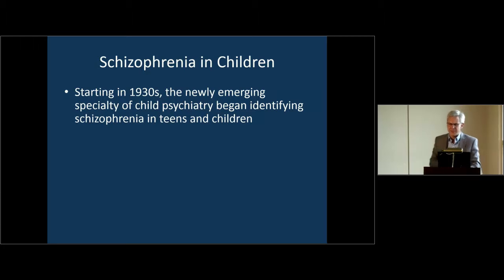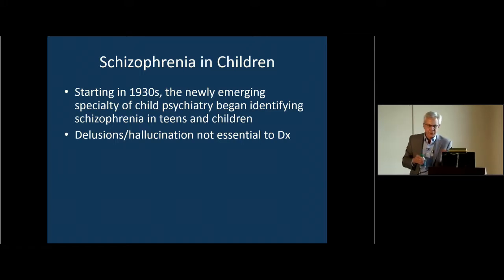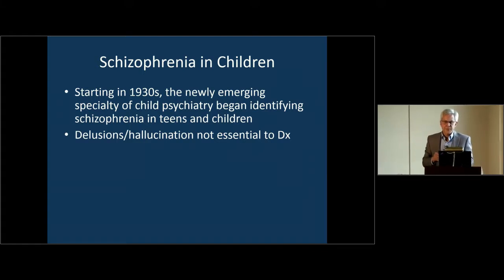Now, this is strange to us today. We don't very often at all make that diagnosis in children. I'm a pediatrician, and one concept that's familiar to us in pediatrics is that diseases present differently in children than in adults. They believed that too. So they didn't assume schizophrenia in a child would look like an adult's. First of all, you didn't have to have manifest hallucinations or delusions. That was optional. What they did expect you to have,